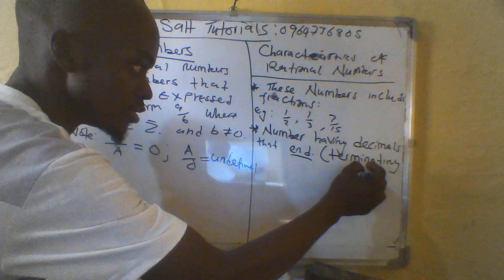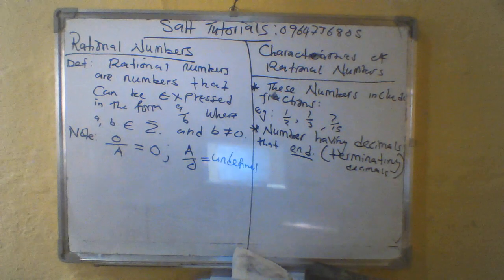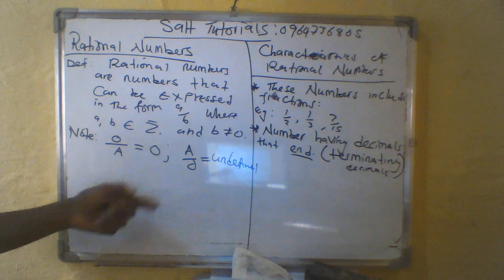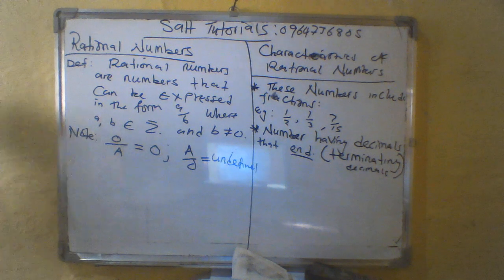Terminating decimals. Those decimals that terminate are those that have an end. There are also numbers that never end, where the decimal just keeps going, like 0.12157823, continuously moving. Those numbers are not terminating. But in the characteristics of rational numbers, we're simply saying that rational numbers should have terminating decimals, implying that